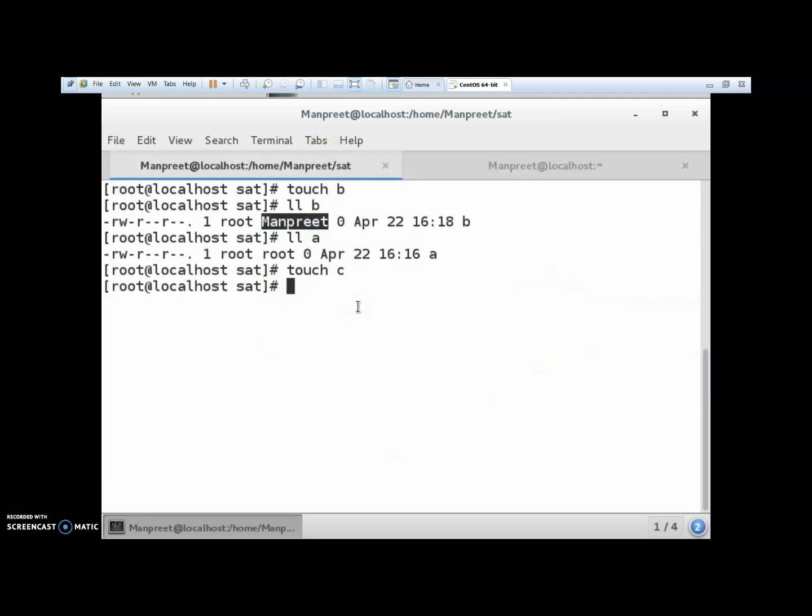Suppose touch C. Let me check who is the owning group this time. So see, again it is root only, which means that this particular directory belongs to root only. Here, when I enable that particular directory, when the root is going to create any directory, that directory is having the owning group of Manpreet. So I hope you got the concept of the set GID.